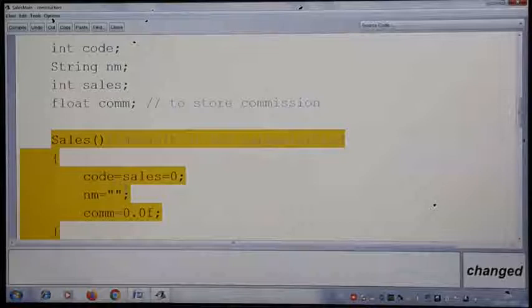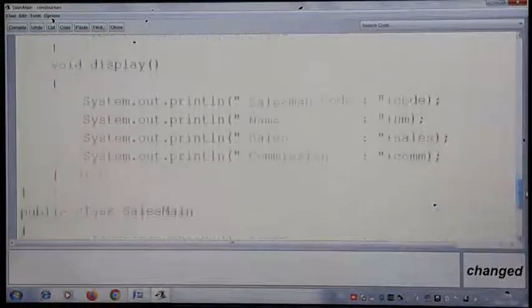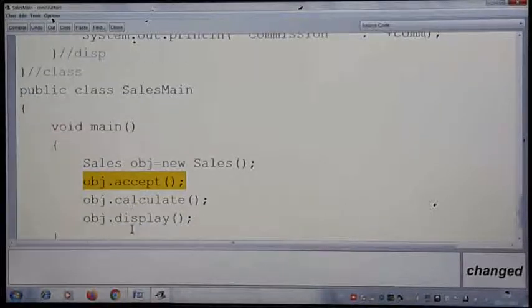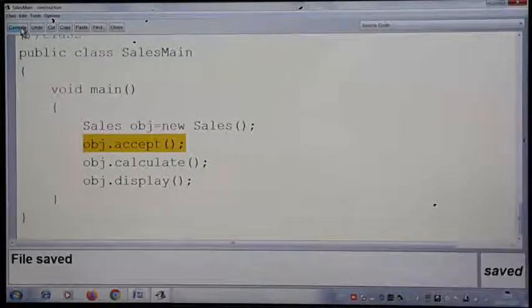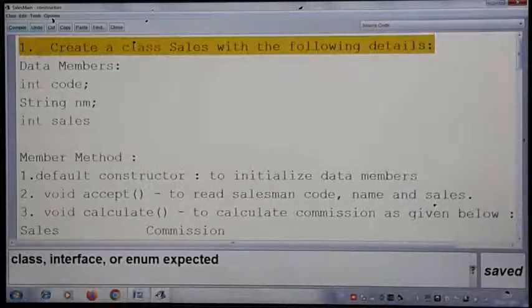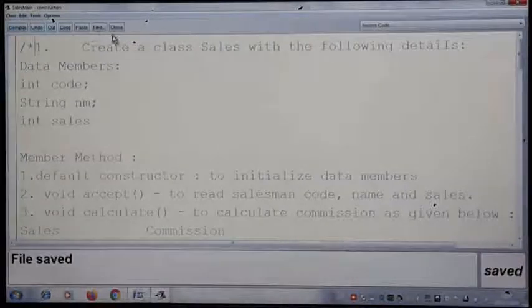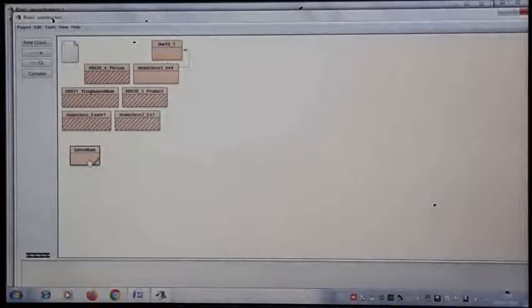Once it finishes with the constructor, control will come back. Then we reach the next statement, obj.accept. The other methods we need to call, whereas constructors are called automatically the moment you create an object. So after you accept, then you can calculate. After you calculate, we are going to display. Let us see how this program is going to work. Let me compile this. Okay, I have to give a comment here. We'll compile now and see the output of this program.